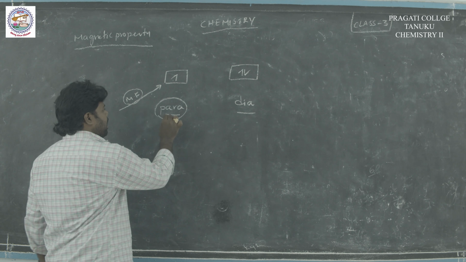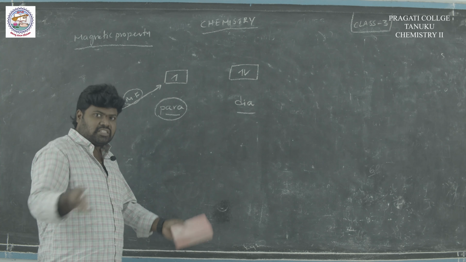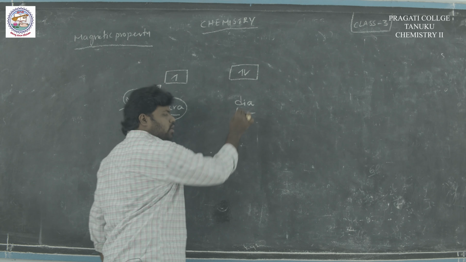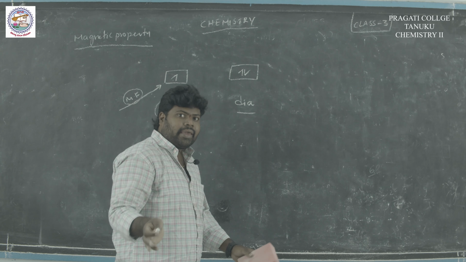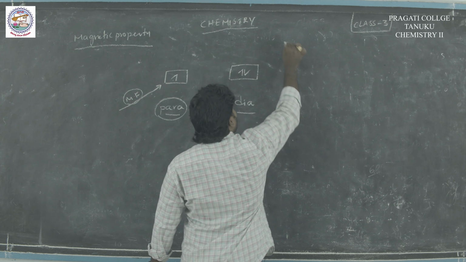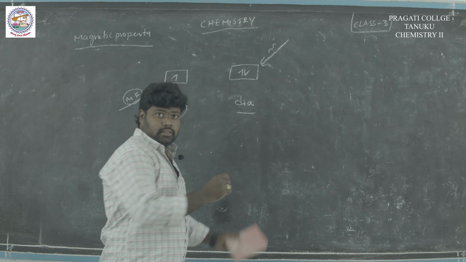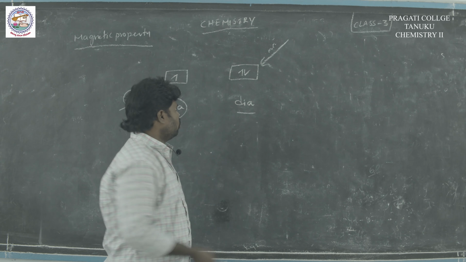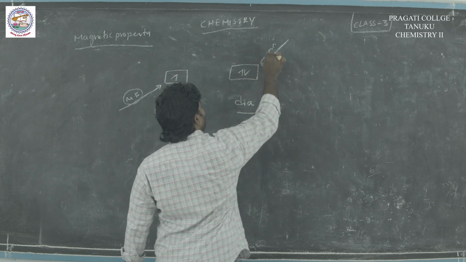So paramagnetism is exhibited by substances which have at least one unpaired electron, otherwise they are diamagnetic. What is the meaning of diamagnetic? Diamagnetic means the compound contains paired electrons. When we apply a magnetic field on the surface of this type of substance, these two electrons are paired, so they are strongly held, and these electrons do not absorb the magnetic field.